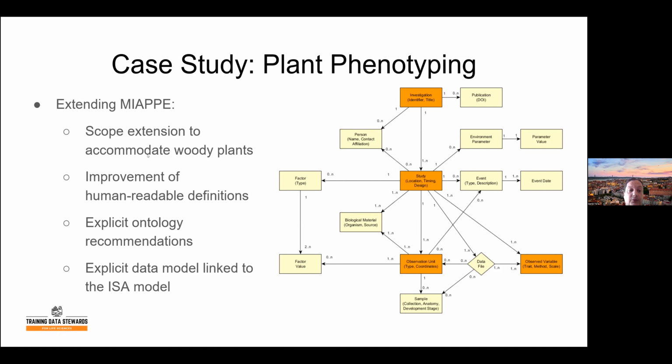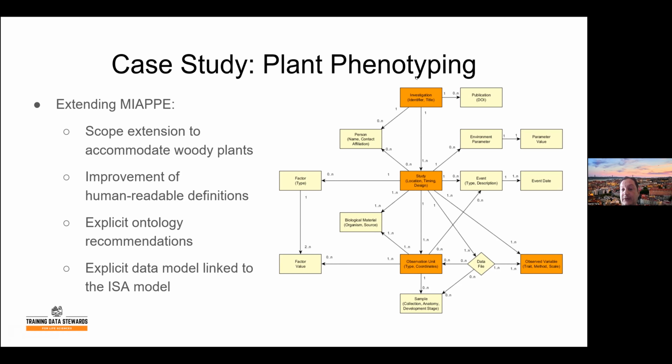So we had to do a scope extension to accommodate woody plants, which were a concrete case of interest for Portugal. We had to improve the human readable definitions to make the standard self-explanatory. We had to add explicit ontology recommendations, and then we realized that we had to formalize the data model because